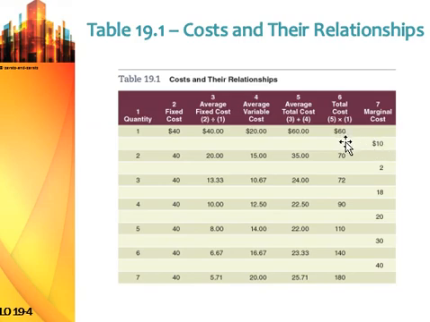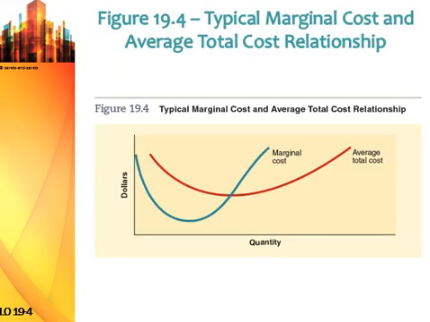That is why marginal cost is 10. Here, by going from 2 units to 3 units, you're incurring a cost of $2, right? This kind of analysis should be done for the products that you're producing. On a graph, it looks like this: